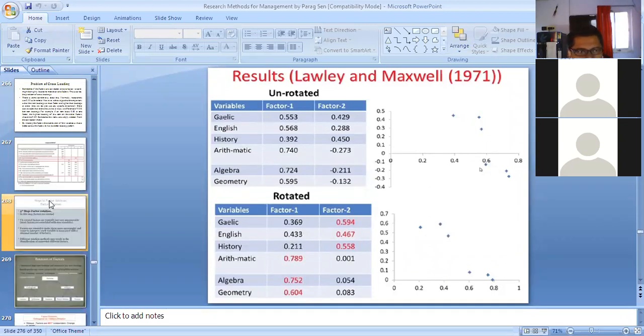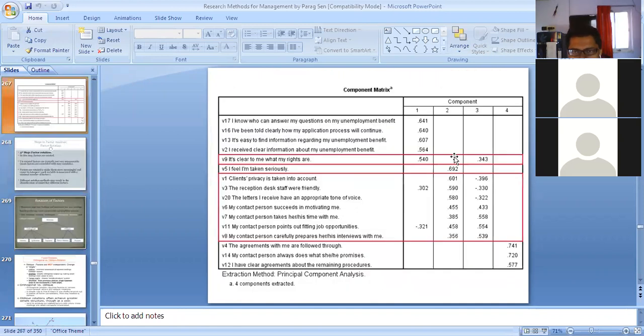You can see here the kind of interface you will get when dealing with SPSS. You will have certain variables and components. Here they have used principal component analysis as the extraction method, but you can also use principal axis factoring, and 4 components have been extracted, actually factors.